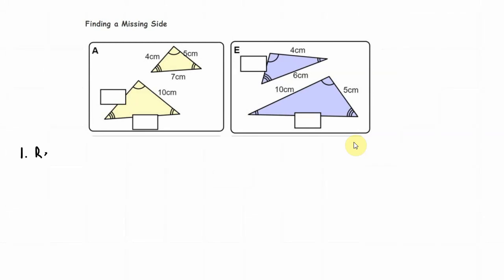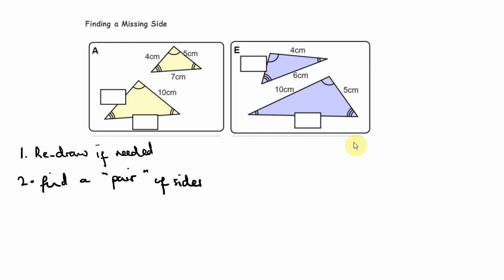So my first step would be to redraw if needed. My second step is to find a pair of sides. What I mean by that is lengths on both of the shapes that we have. So I've got this length here between the single and the double angle, and I also have that length there between the single and the double angle. So that's going to help us find